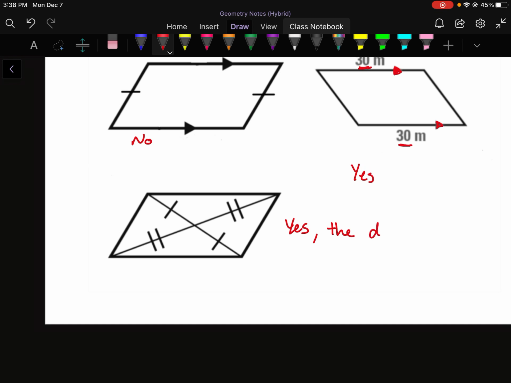This is one you don't see too much, but the diagonals bisect each other. And again, that word bisect just means cut into two congruent parts. So these are congruent because they're getting split here. These are congruent because they're getting split in the same spot. So the diagonals